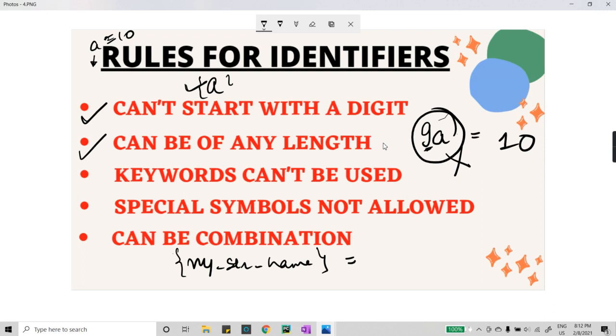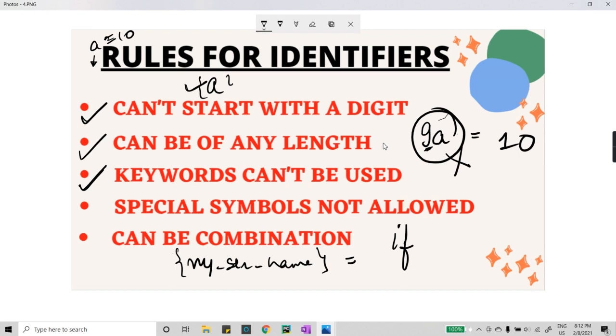Fine. So identifiers are not restricted to any length. You can make an identifier of just one character, and you can take it up to whatever length you want. Moving towards the third, this is the most important point while writing identifiers: keywords cannot be used. This is the main reason I was saying you must have a quick revision of all the keywords which I listed before. These were the 33 keywords. So you cannot use keywords while writing your identifier.